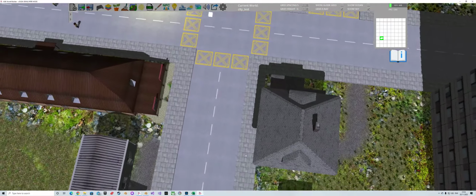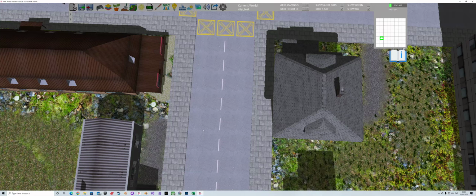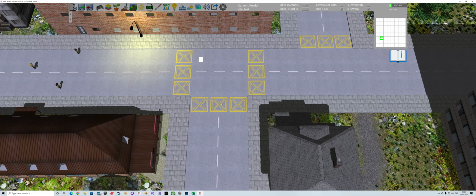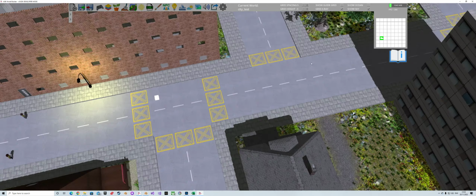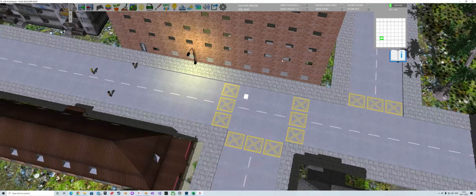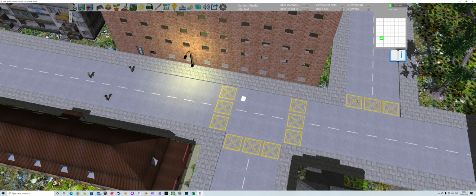However, I'd do it differently for roads. For example, if I had a node here, and then another one here, then I could easily link there to there and just tell the car to drive to the next one. And when it gets here, it would have two options. It would have another node here and another node up here, and it would choose randomly between the two, so the car would either turn left or turn right, and then each of these would link to another node. So every time there's a junction there would be a node choice,